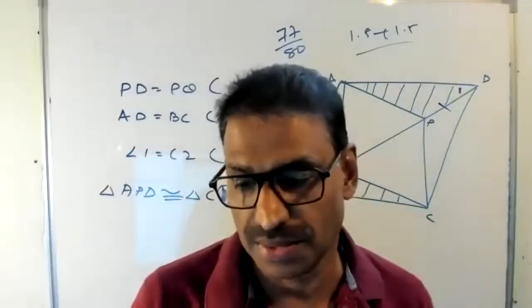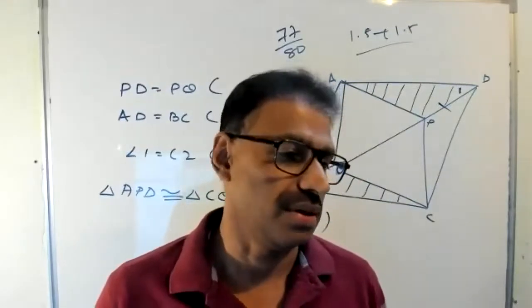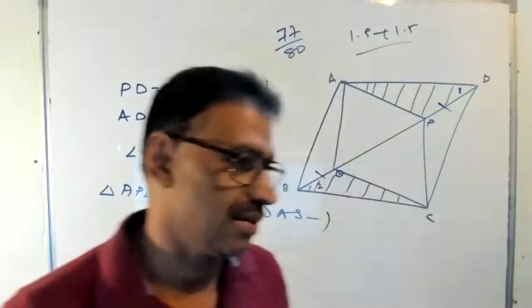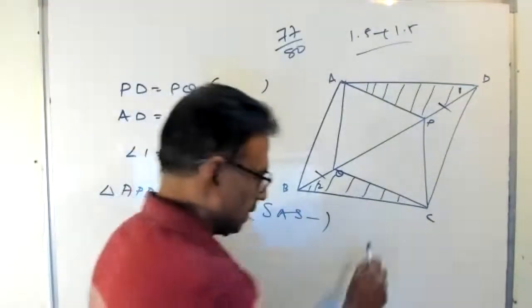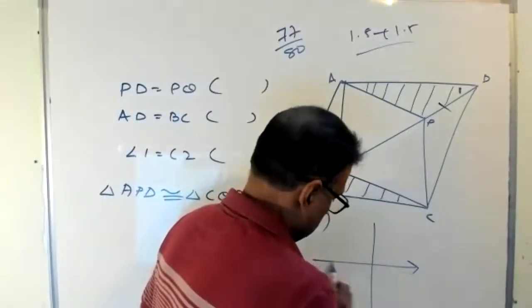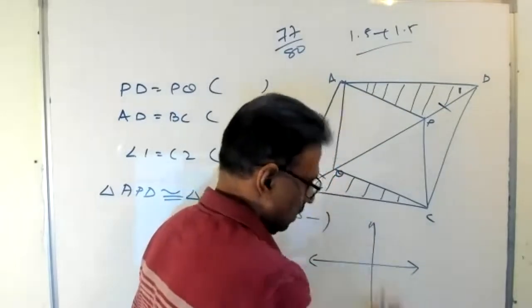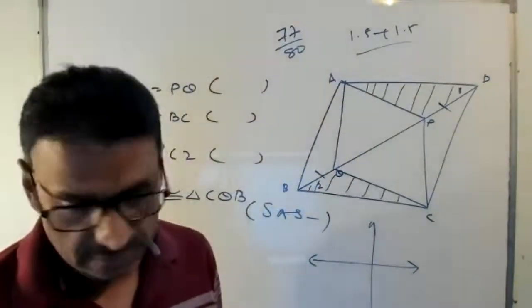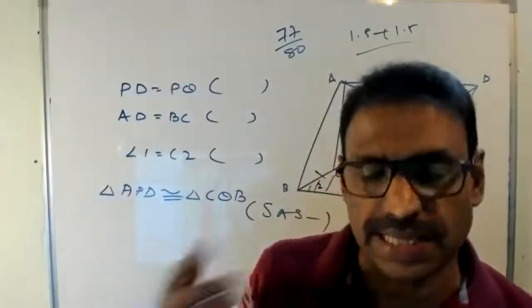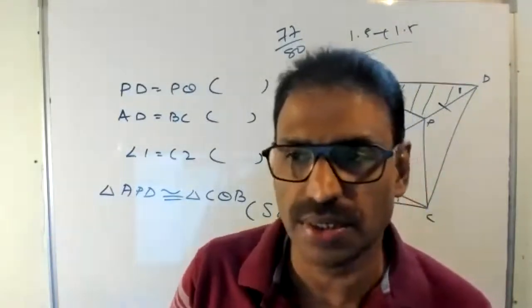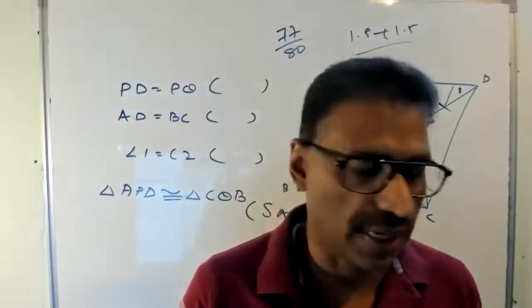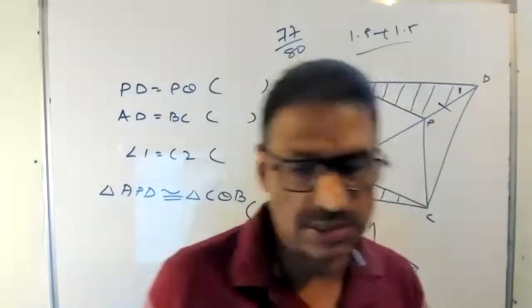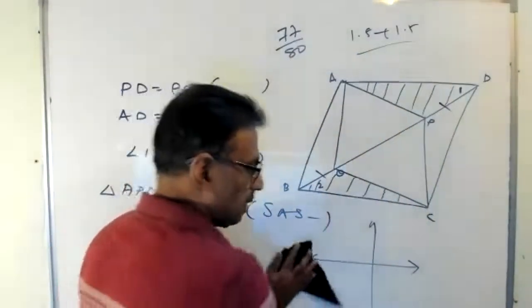Okay, and also another student, the line was not marked properly, like this, with arrows. That's an important thing. Second, a chance for mistakes: you put SAS only. SAS is not an answer. SAS means what? You should write SAS similarity or SAS congruency and all. So be careful, it's a lesson.